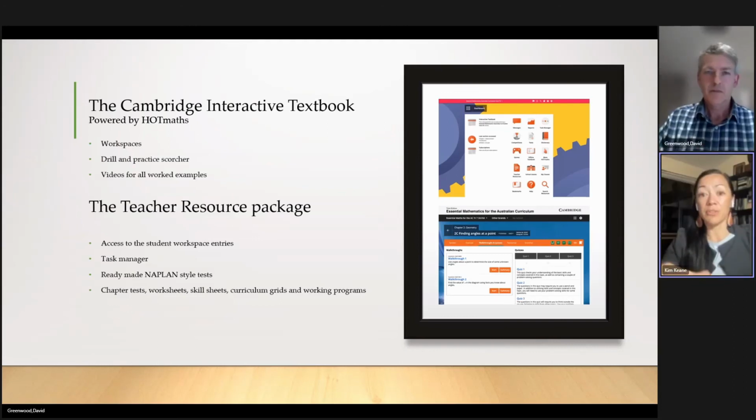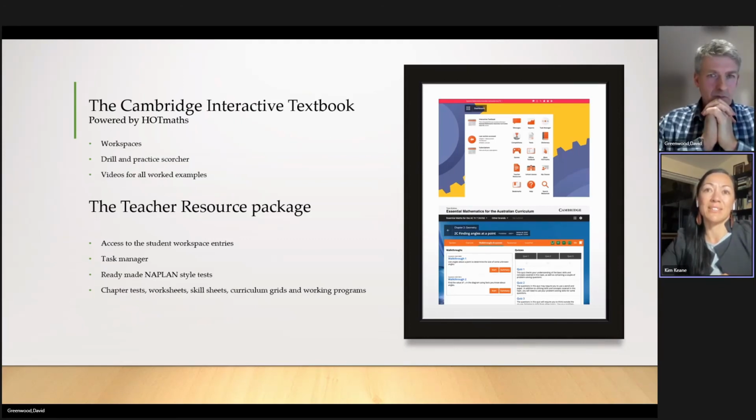So just a few little things here on the interactive textbook. I've just listed the main points so that everyone can see really what the interactive textbook is about. But David did go into it in some real detail there. But the main points for the textbook itself, maybe the